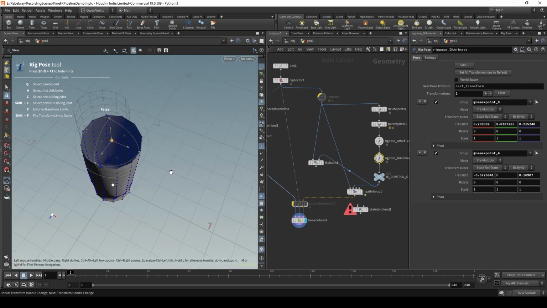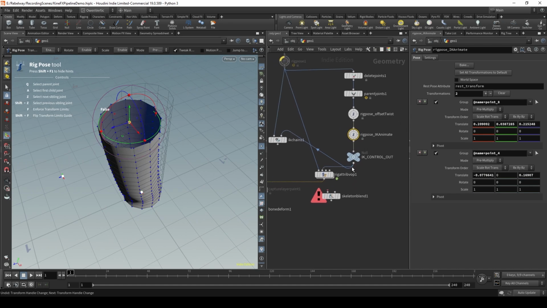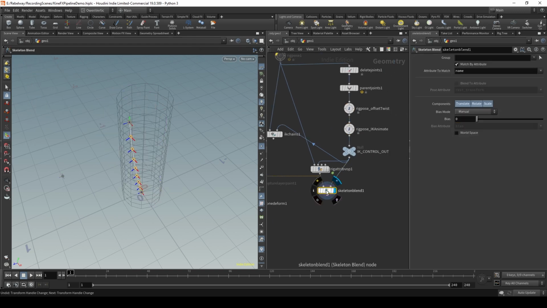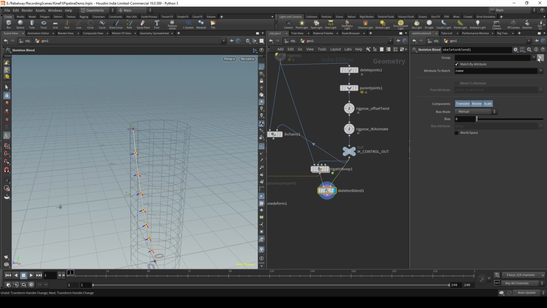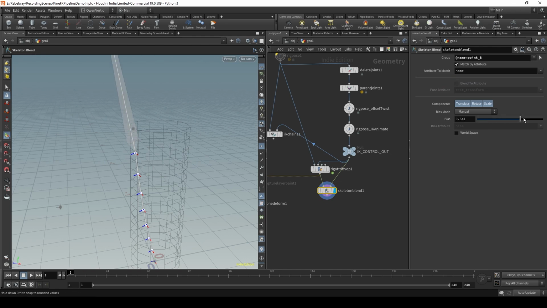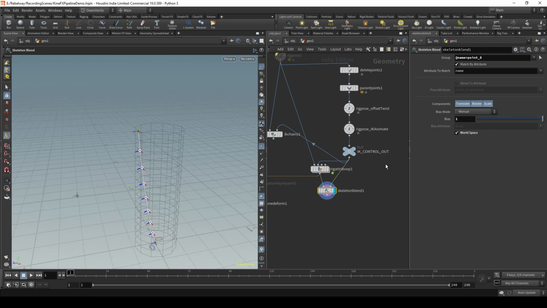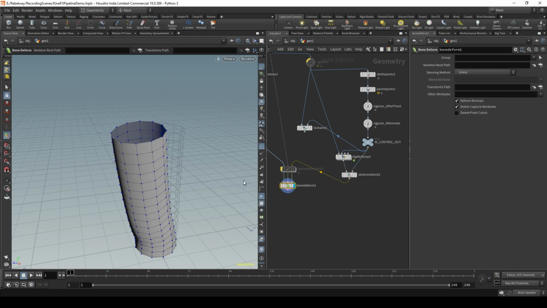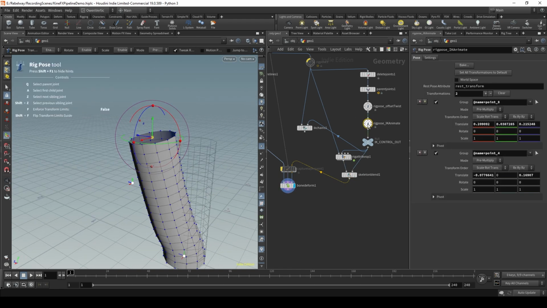We can kind of force it by using this skeleton blend. We can put in our control chain here and our new base chain here, and for this skeleton blend we just want to blend that tip, and we want it to blend towards our control joint in world space, since we have that difference in structure. And now when we plug that into our deformation and we check it out, we can see that that